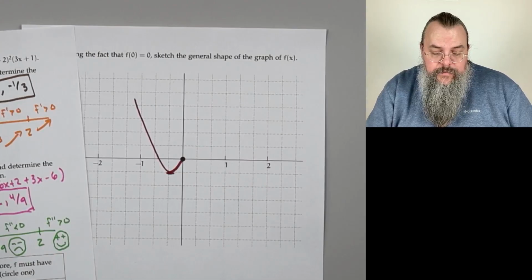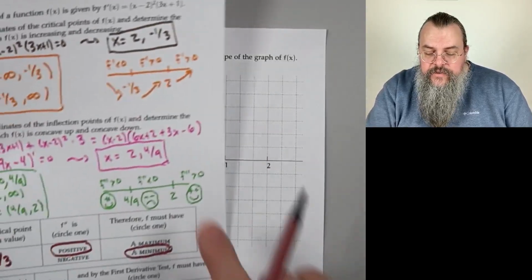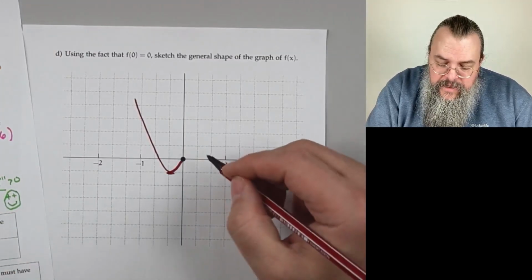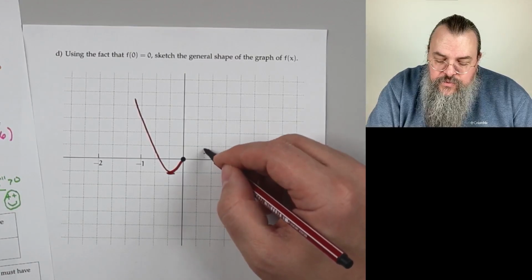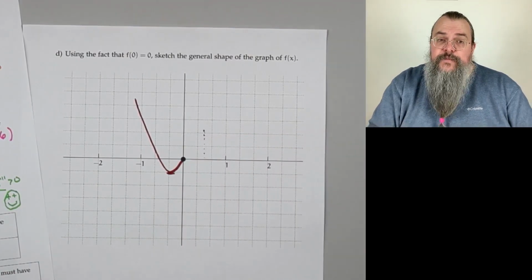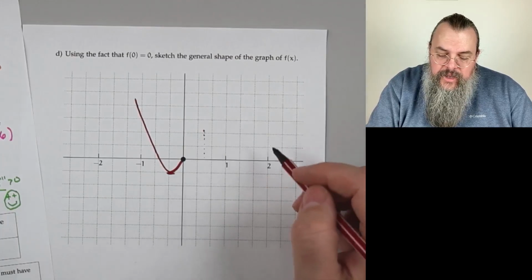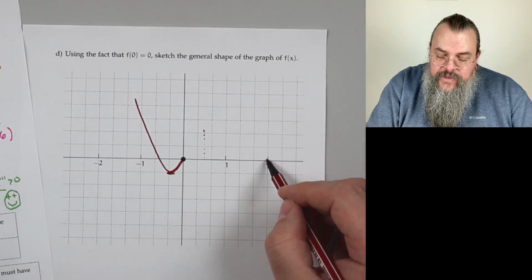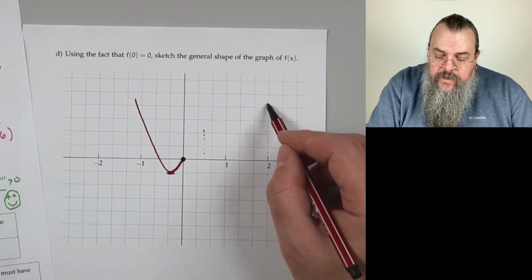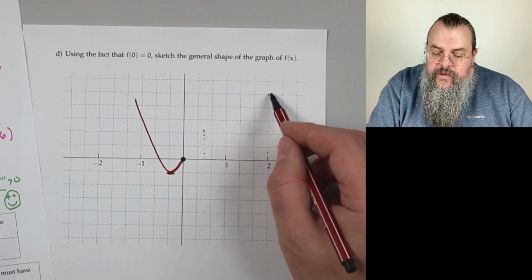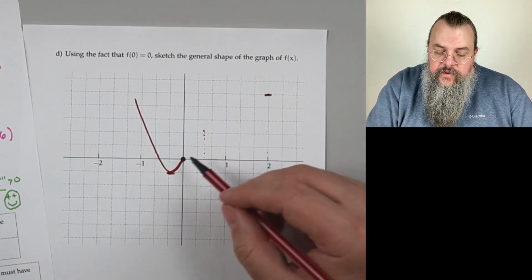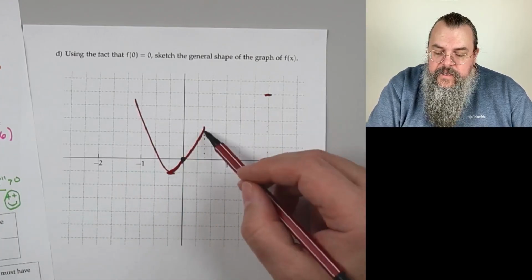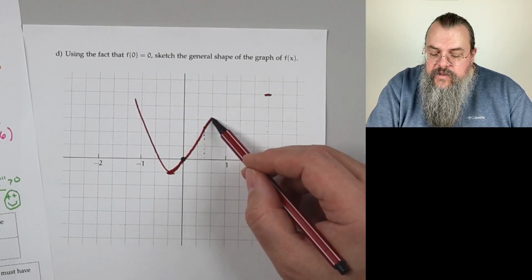Now, what's the next interesting point? Well, there's actually an interesting point here at 4/9. And so 4/9 is about halfway, and so we'll put it there, and that's going to be an inflection point. We'll get to that in a moment. And then after 4/9, the next interesting point is 2. Okay, so let's say we're here at 2. And there the derivative is 0. So we're going up. Okay, so we're concave up, and now we're going to flip to concave down,